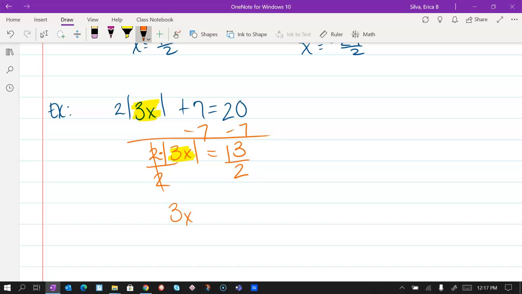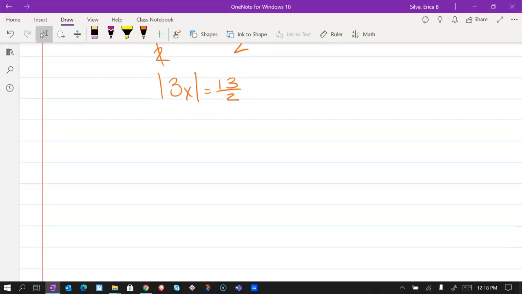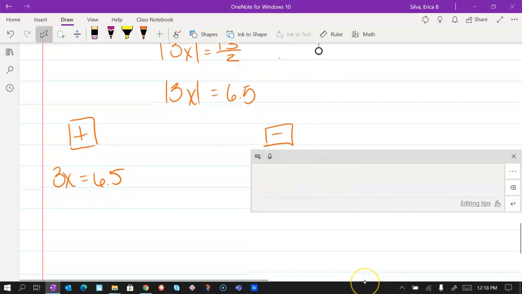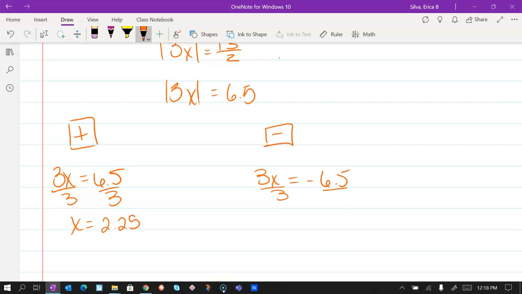So we get the absolute value of 3x is equal to 13 over 2. Now we're going to create our two equations, one where my absolute value is positive, so 3x is equal to, and we're going to write it as a decimal, 6.5. So we're going to rewrite 13 over 2 as a decimal, 6.5. Now we create our positive and negative equations, and then we solve for x. Divide by 3 and divide by 3. So our possible solutions here would be negative 2.25 and positive